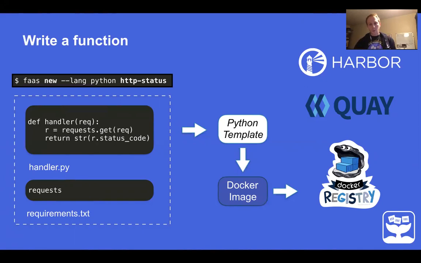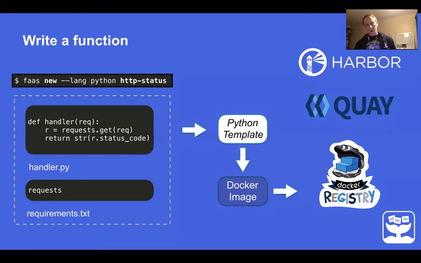When you do a build, we take that and combine it with a Python best practices template. This is something a bit like what you might have seen in Heroku called a build pack, or maybe in Cloud Foundry. Once that's been combined with your code, we produce a Docker image that can then be put into a registry, such as Harbor or the Docker Hub, and then you can deploy it. So that's another difference between the workflow for functions in OpenFaaS and Cloud Functions, is that we're building Docker images that are immutable, and that's what we're shipping.